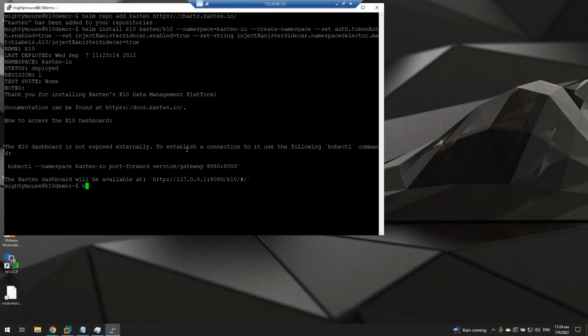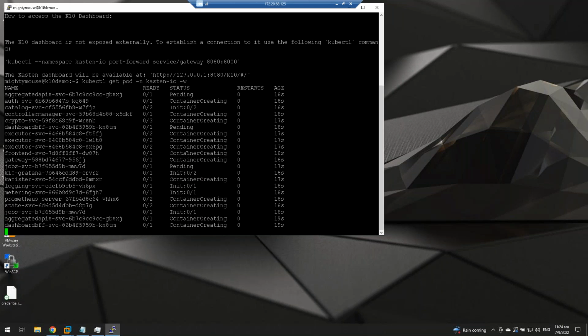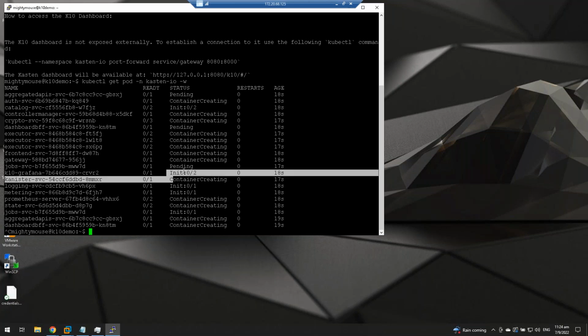So let's check if the installation is in progress. Yeah, so right now it's in progress. It will take a few minutes. While it is in progress, I want to take this opportunity to deploy the data services as well, so that I can run some applications on top. So what I'm going to do is